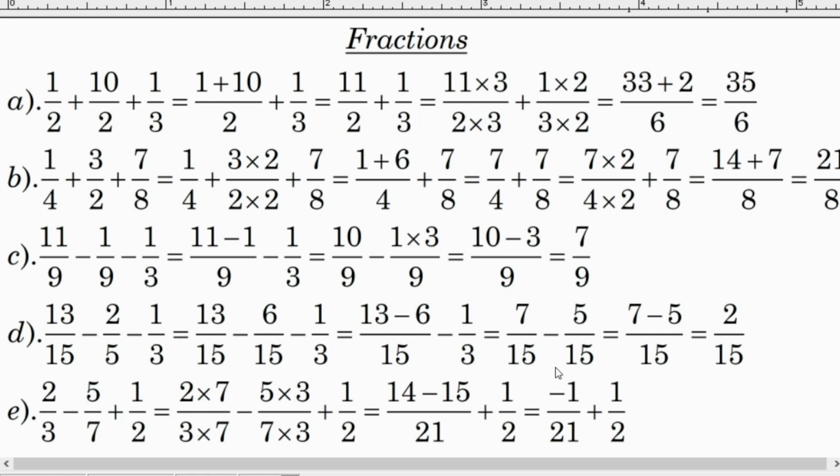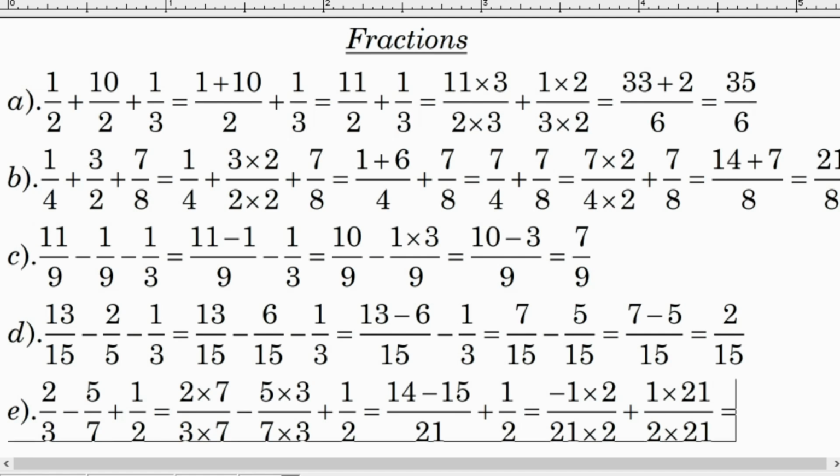So here we have to multiply with 2 and here we also have to multiply with 2, and here we have to multiply with 21, and the numerator also with 21. Okay, so then we have the same denominator equal to 42, and then we have minus 1 multiplied